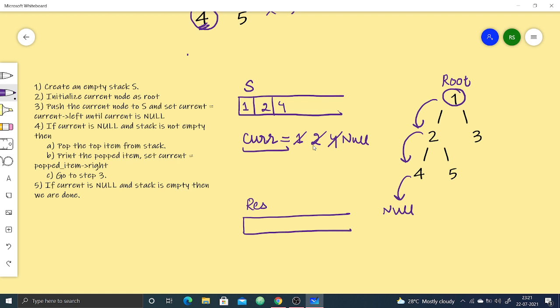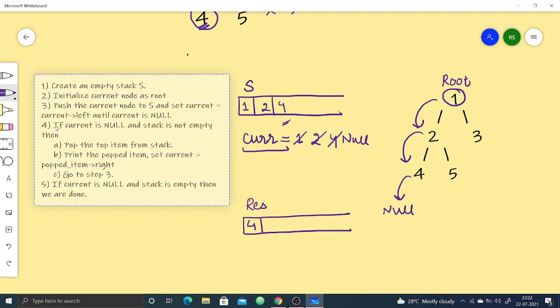Now at the moment when I get current as null and my stack is not empty, what I can do is pop the item from the stack and print this popped item. So which item will be popped from the stack, 1 or 4? 4, because the item inserted last would be the first one to be popped out. So 4 is now popped out.